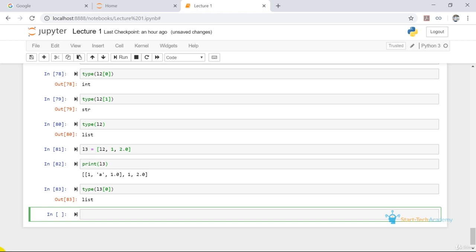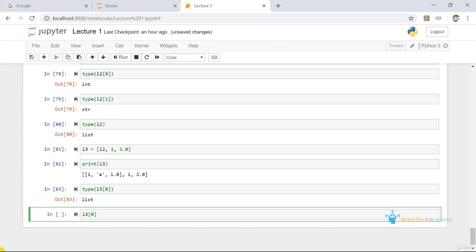Now we have mentioned how to select the first element of L3. We can just write L3 and in bracket we can write 0. This will give us the first element. Now my first element is a list. So how to select the first element of that list? We can write L3 in square bracket, I will first write 0.